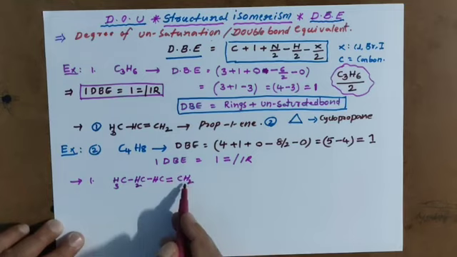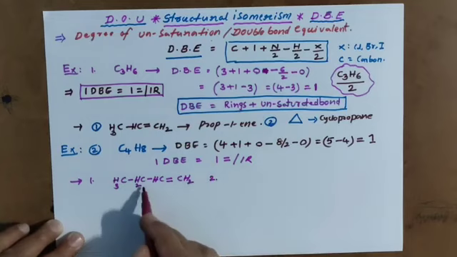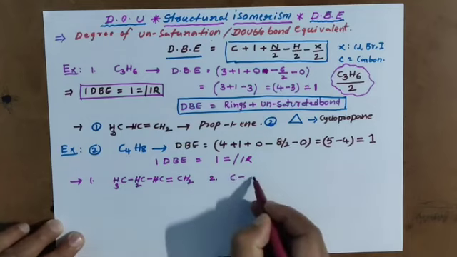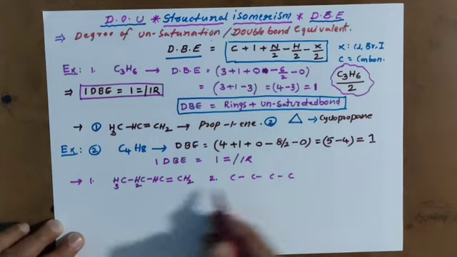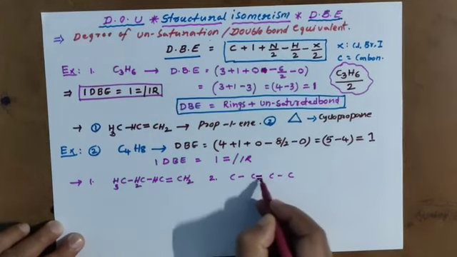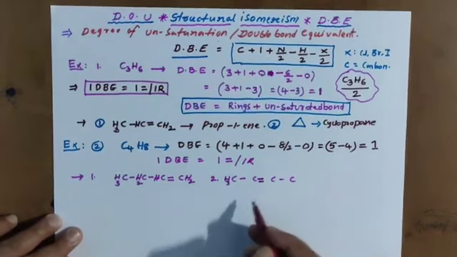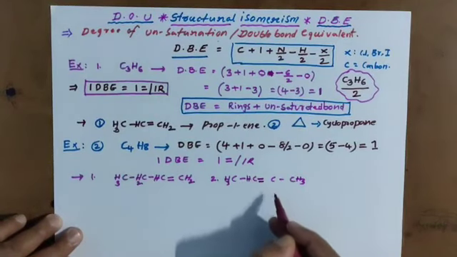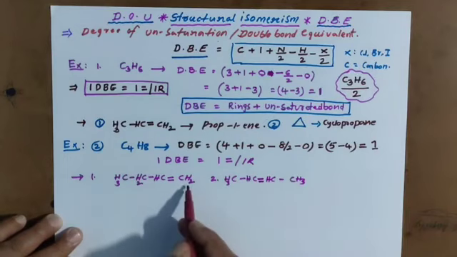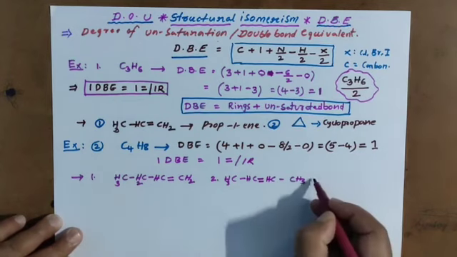1-butene. And you go for the second. This double bond you write at the second carbon: 1, 2, 3, 4. Previously I had taken the first carbon. Now you take it at the second carbon. Now CH3, CH3, and here we have CH, and here we have CH. This is 1-butene. This is 2-butene.